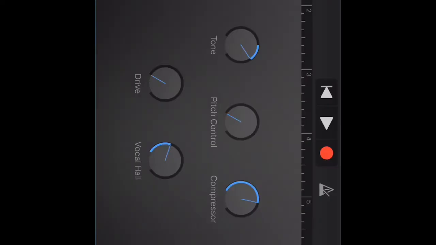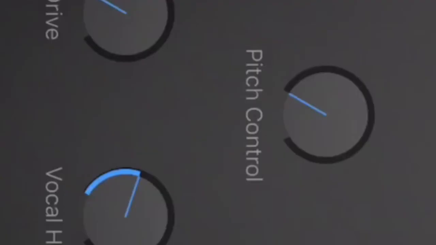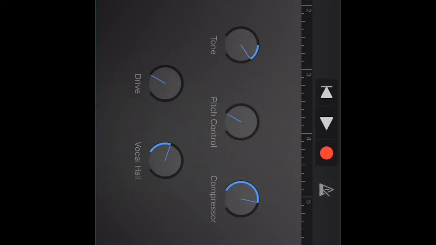I actually don't use a lot of autotune, or actually, yeah, I do. In most of my songs, I use about 40%, which is around here. You never want to use all the way, unless your singing is just absolutely bad. If you feel like it, go ahead, but I wouldn't use